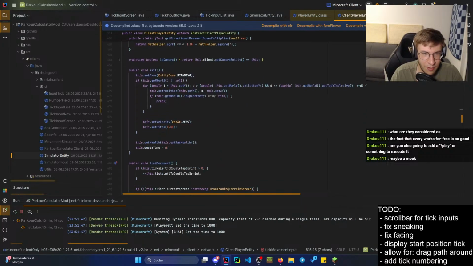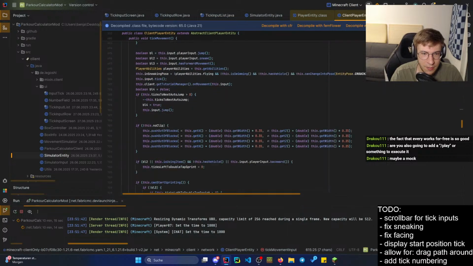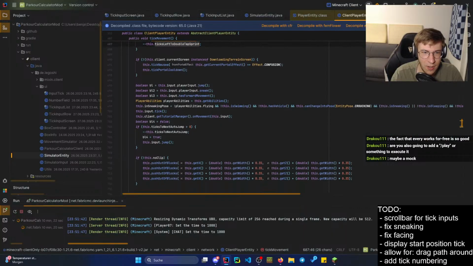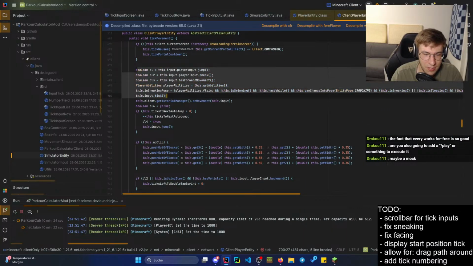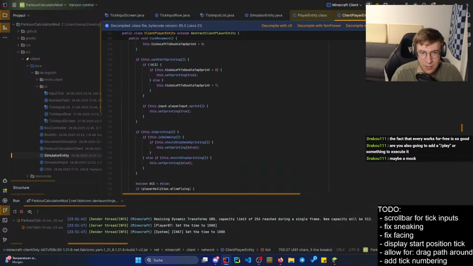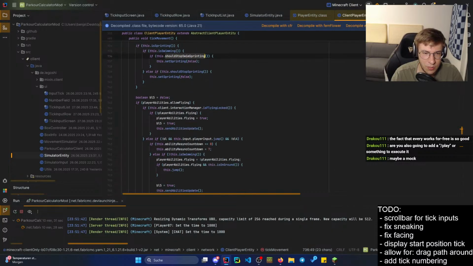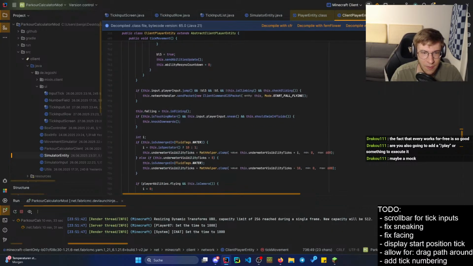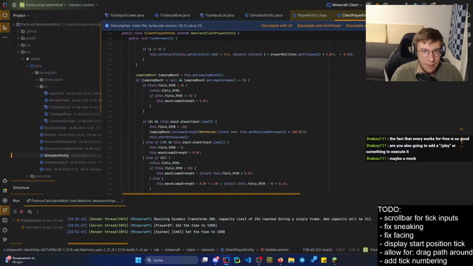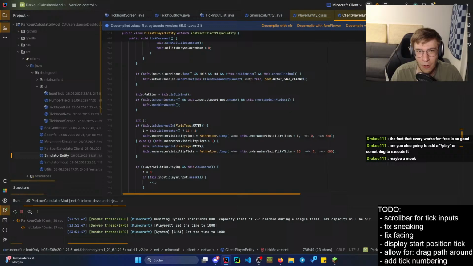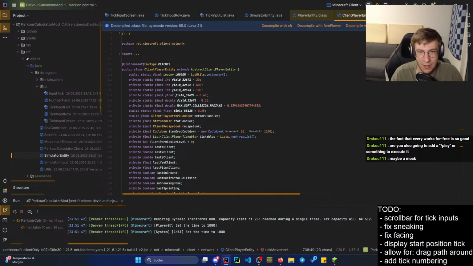Here the inputs are pretty much read from the player and converted to certain variables. And there is also stuff like this tick movement, where we have the double tap sprint functionality. We have different sneaking and sprinting checks, and also swimming and stuff like that. And yeah, I need that code, of course, but it's not implemented in the normal living entity or abstract client player entity,